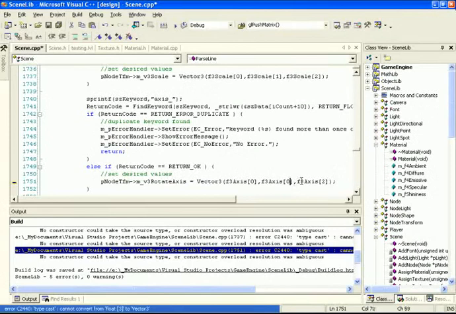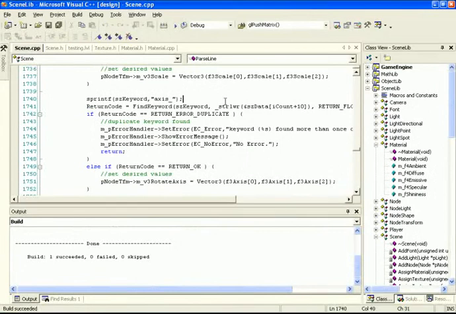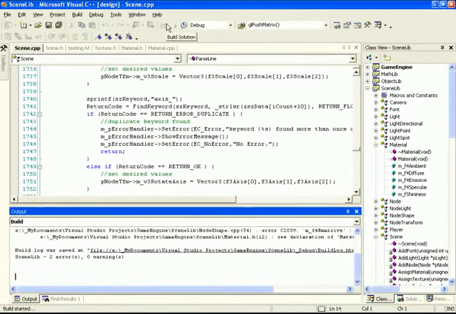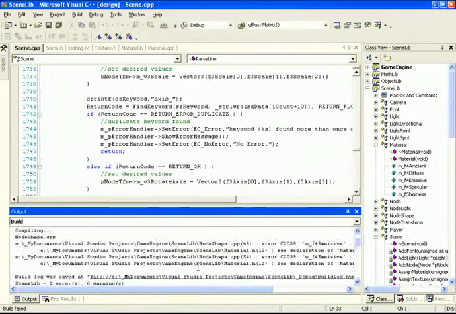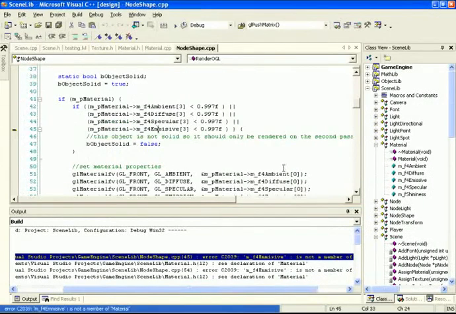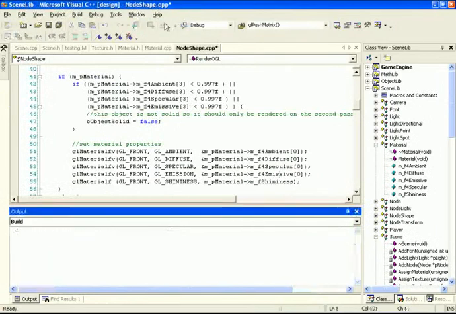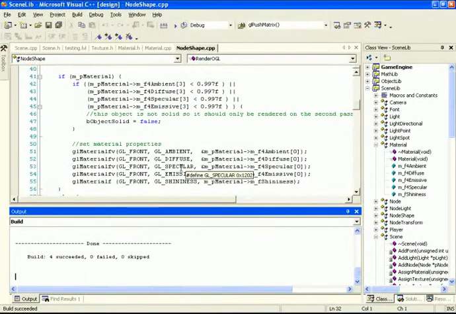Okay, let's try this now, see what we get. Okay, that built, surprisingly. And we got some more things here. Okay, emissive, again with the misspelling. Okay, there we go. Now, one other thing is there were a few other things that I noticed while I